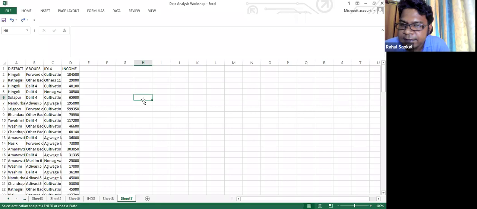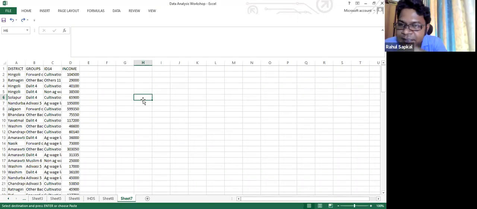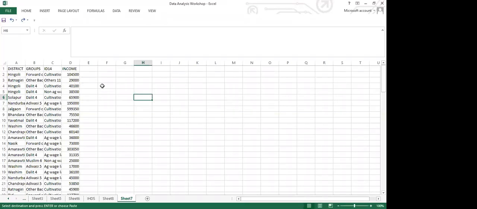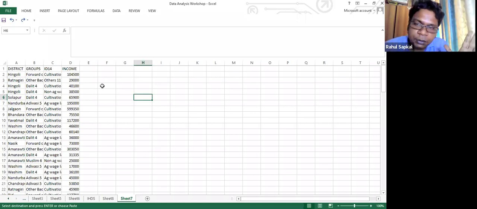So which Excel version are you using right now? 2007, 2010? 2007. So it's fine. But in 2007, you will not find many of these pivot features. Yes, sir. The basic ones are still there. See, first of all, you can use a different laptop and everything. The idea is that how to organize a pivot chart is more important. The moment you organize a pivot chart, then you can do wonders with Excel.